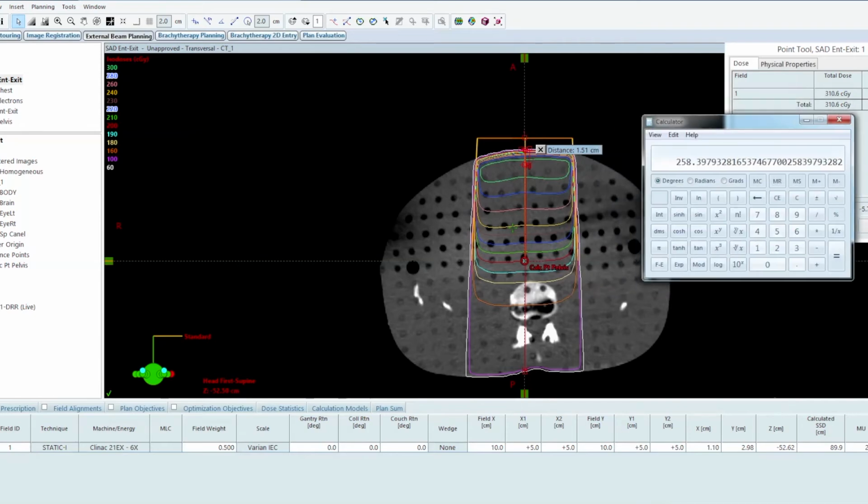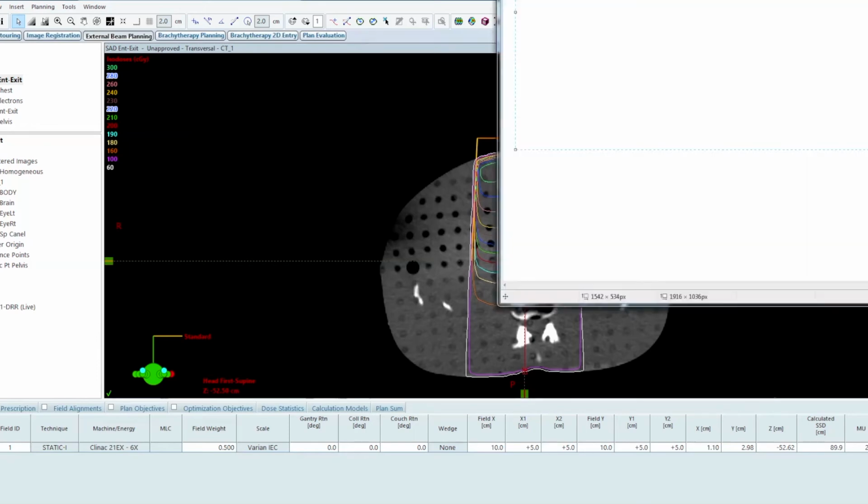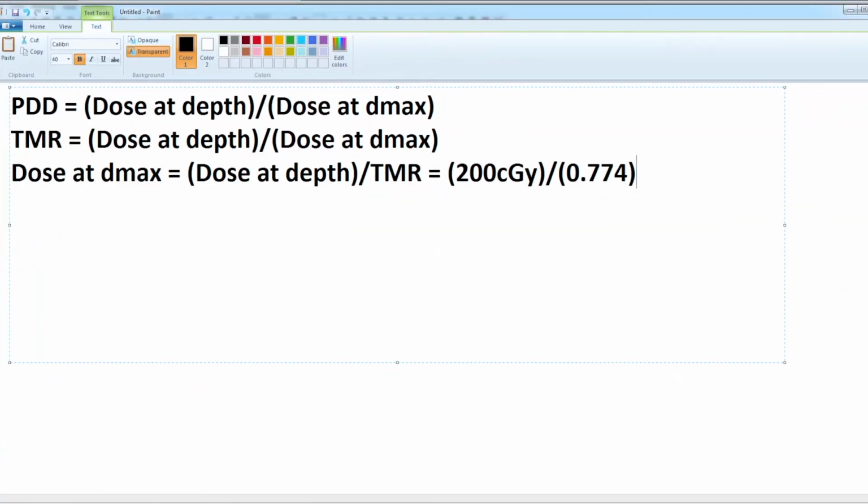What am I missing? Well, the TMR doesn't have an inverse square component to it like the percent depth dose does, so we have to account for the inverse square law. This point is physically closer to the source in space than my point of calculation. So I have to have an inverse square factor component with this. So this gave me 258 centigray, okay, but I need an inverse square component. So my inverse square component is going to be